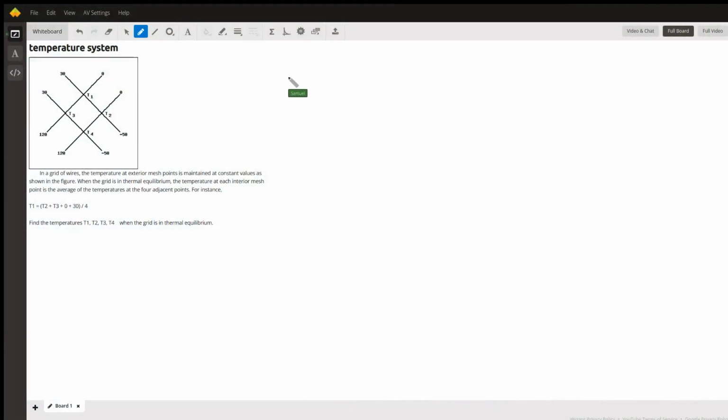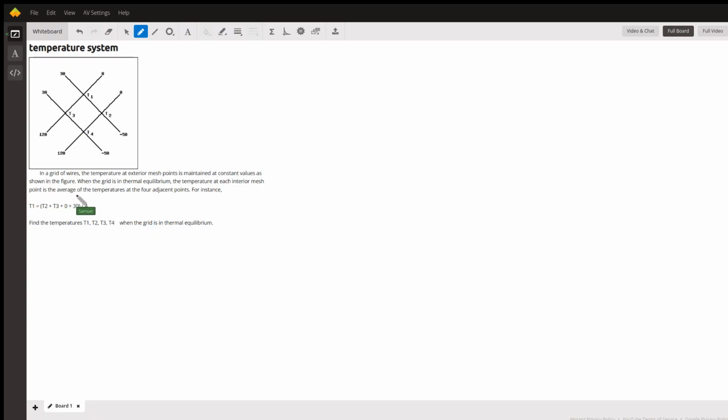In this problem, we have a temperature systems problem where we have a grid of wires, and the temperature at the exterior mesh points, the outside points, is maintained at constant values as shown in the figure below. In the figure, we have 0s, 30s, 120, -50. When the grid is in thermal equilibrium, the temperature at each interior mesh point, T1, T2, T3, T4, is